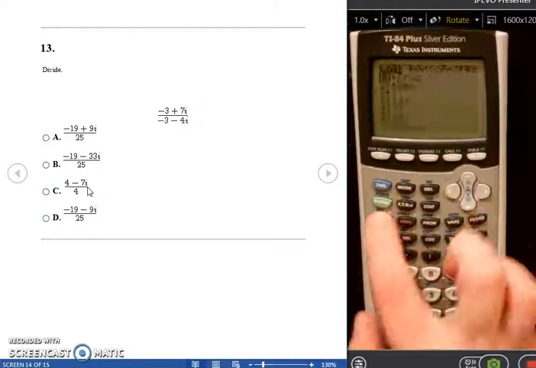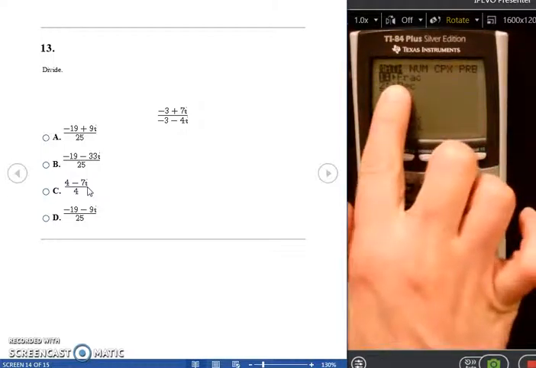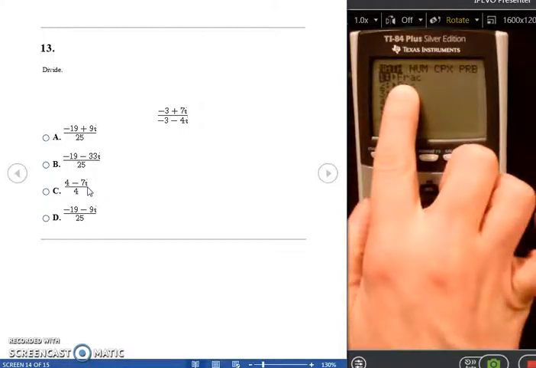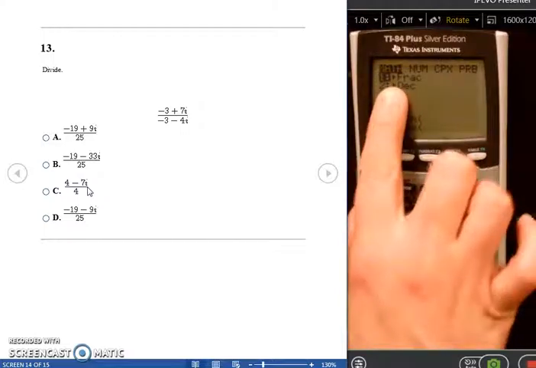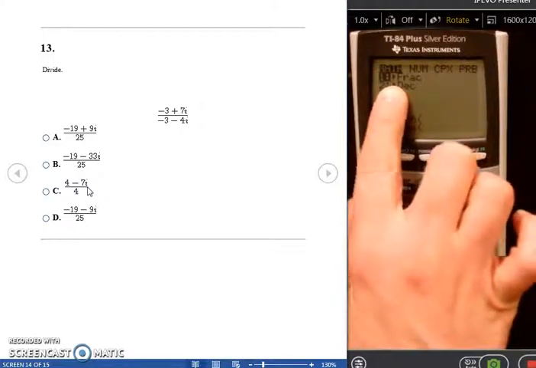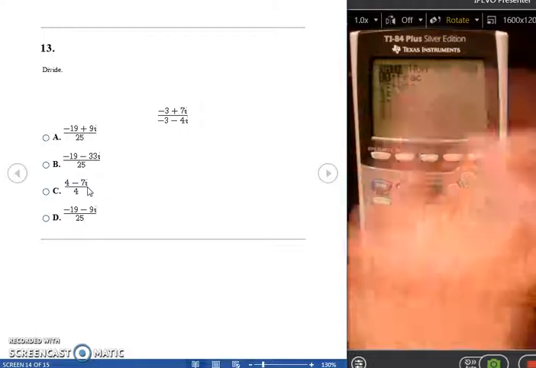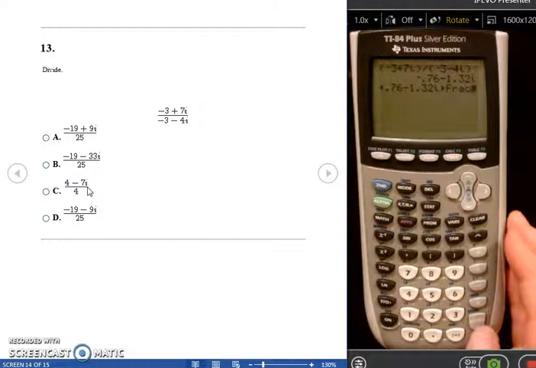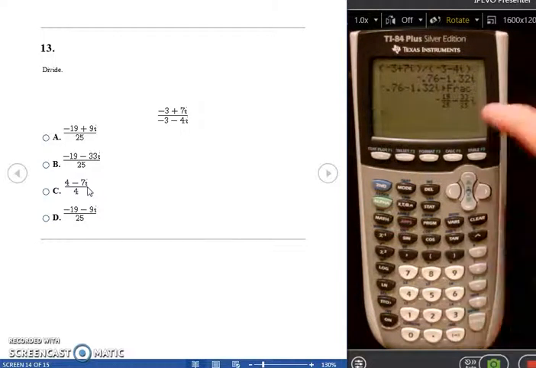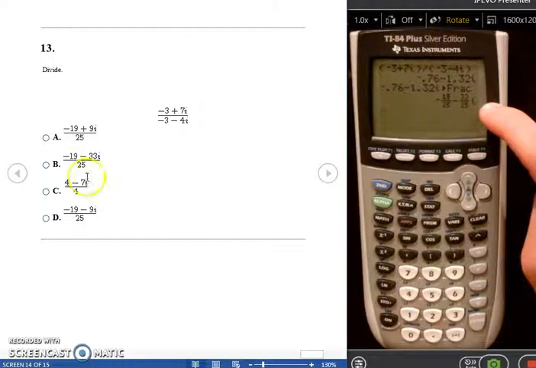And then I'm going to go to math, and here that first option has an arrow with frac after it, which stands for fraction, and the arrow means convert. So this first choice here means convert to a fraction, so I'm going to press enter and then enter again, and that converted my answer from decimal into a fraction. And I can see that negative 19 over 25 minus 33 over 25i is going to be my final answer,